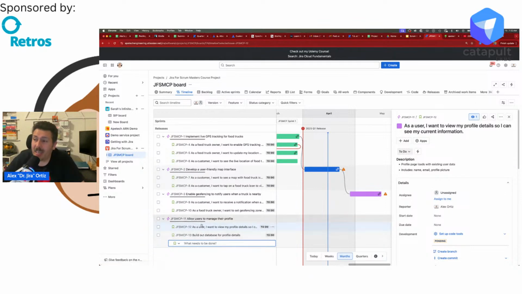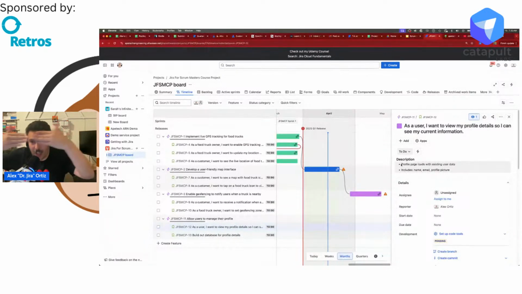That's probably going to be done by a different team member or a different department, because sometimes your database folks or back-end folks are different from the front-end folks. Sometimes you're full stack. It just depends on your team dynamics and how you're all set up. But I wouldn't want to build the database and the front end in the same story. When your description starts including let's build the database, all the tables, all the schemas that need to happen at the database level, and let's build the front end together in the same story, well, that's when we start leaving the